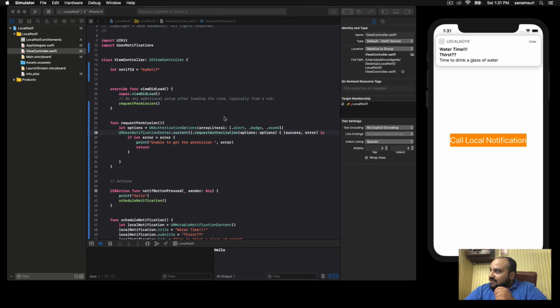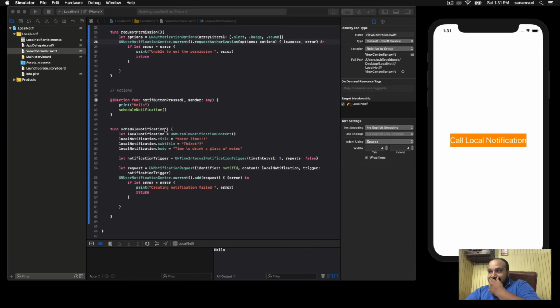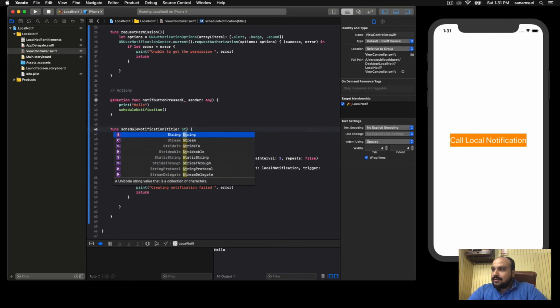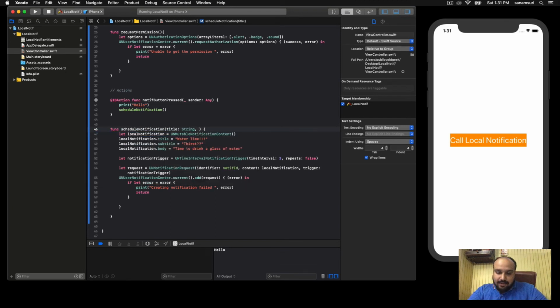We can do some more customizations over here if you want. Like in the function, we can define something like, we can say probably title of type string, and then subtitle of type string. We can also do body of type string, and then what else we can do? We can do